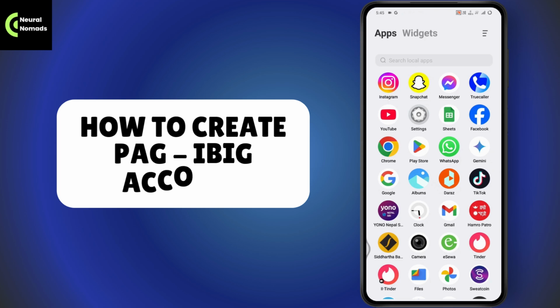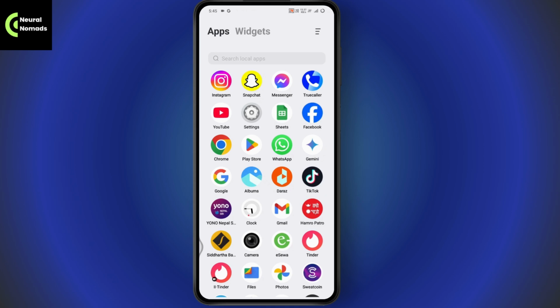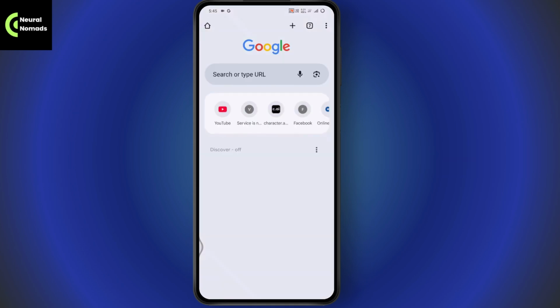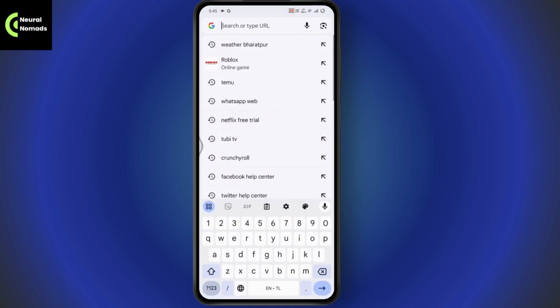How to create a PAG-IBIG account. So if you want to create a PAG-IBIG account, then first you need to open up your browser or your Google, anything that you're comfortable with. Once you're under your browser, now you just need to simply go with the search. Under search, you need to search for